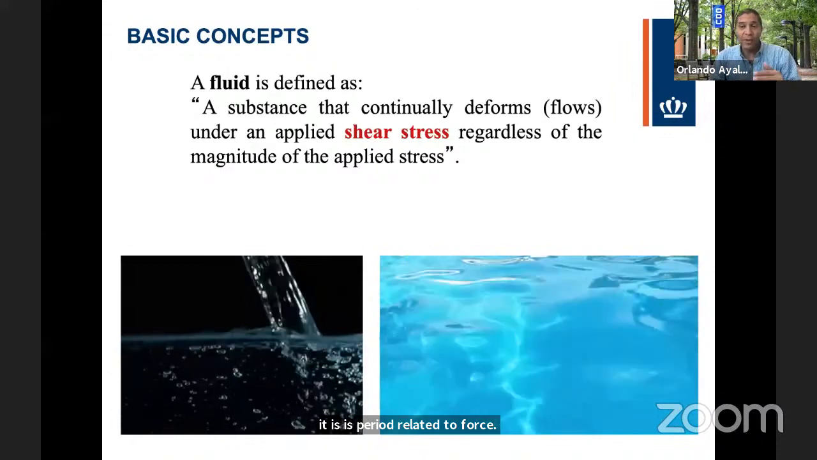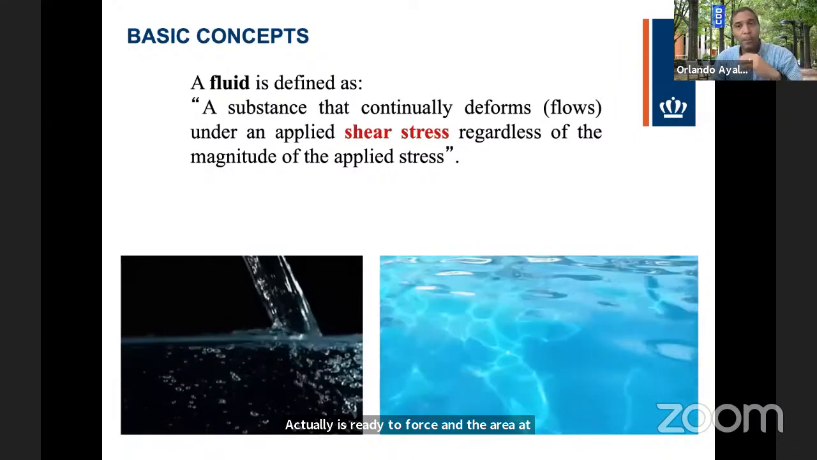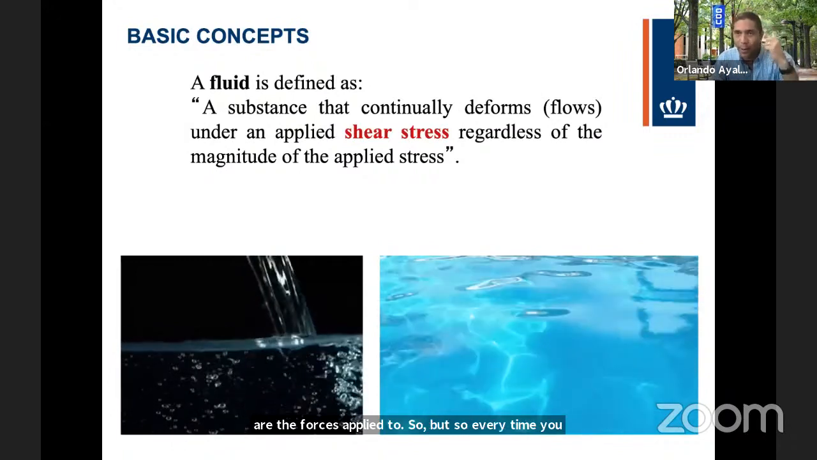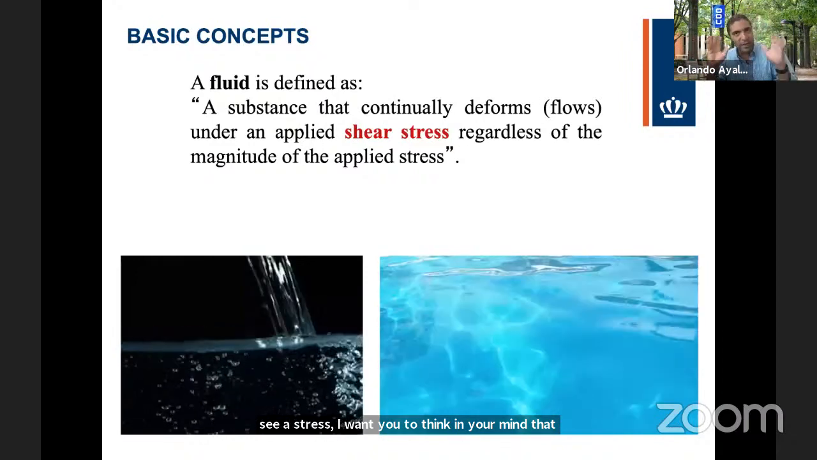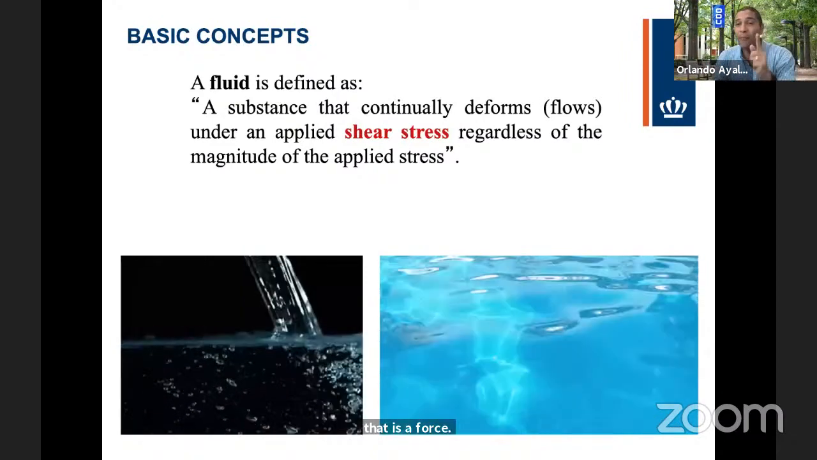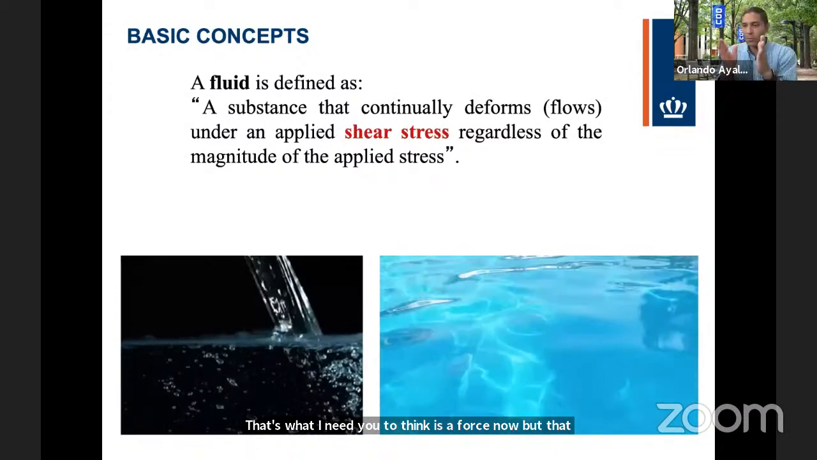Actually, it's related to force and the area at which the force is applied to. So every time you see a stress, I want you to think in your mind that that is a force. That's what I need you to think. It's a force. Now, but that type of force is very particular, because that's the type of force that you